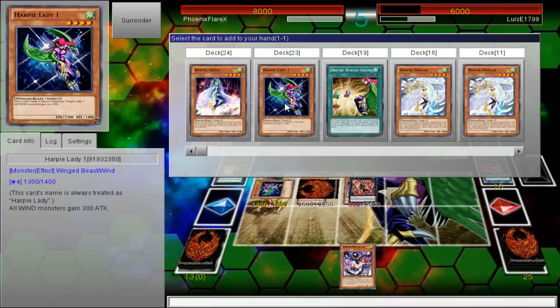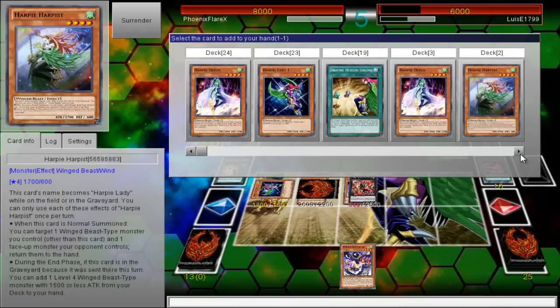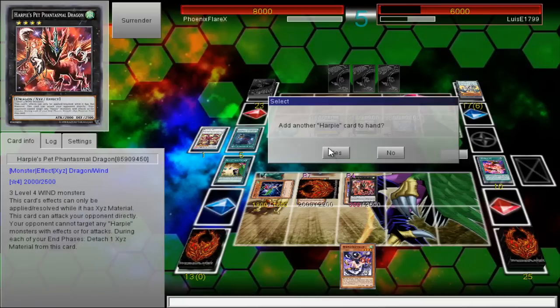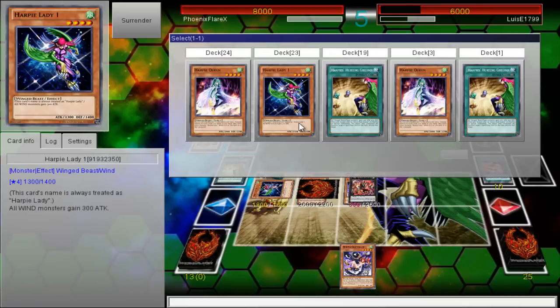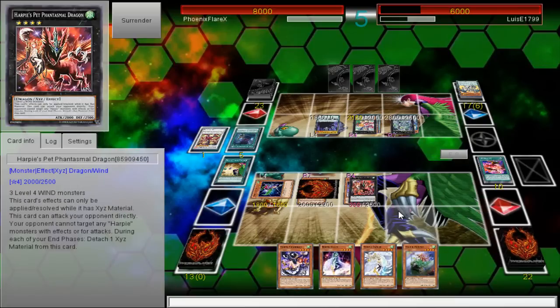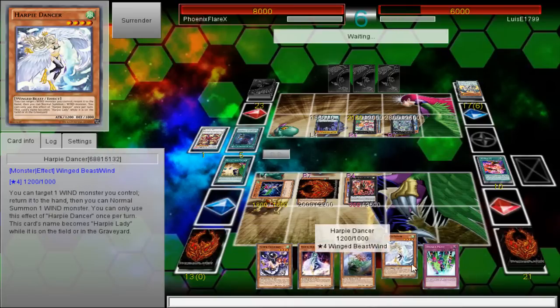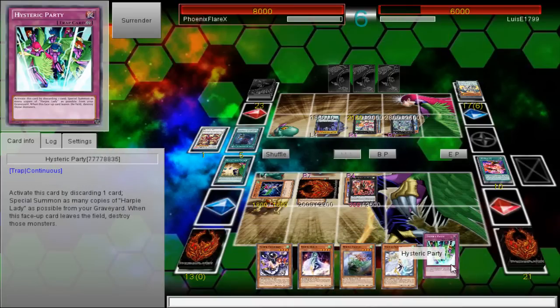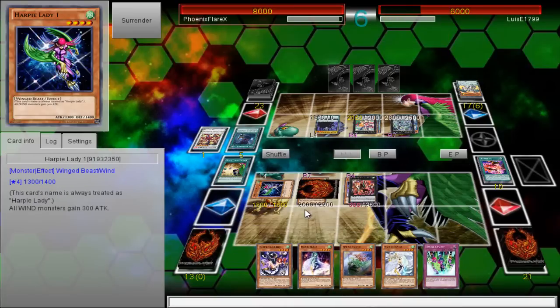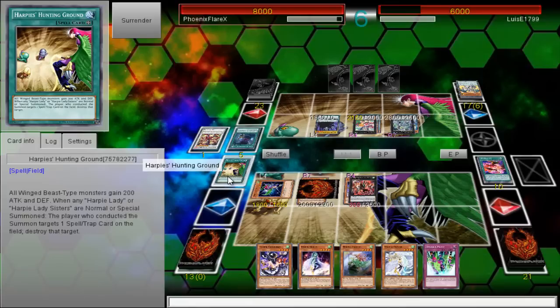I'm literally adding more. Add another one, yes. Add Harpist. Yes. And we'll add, I added Dancer, Harpist, and I'll add Queen. So, those are just the best ones. Hysteric Party. Wow. Alright. So, this game might actually be winnable. This is going to get another